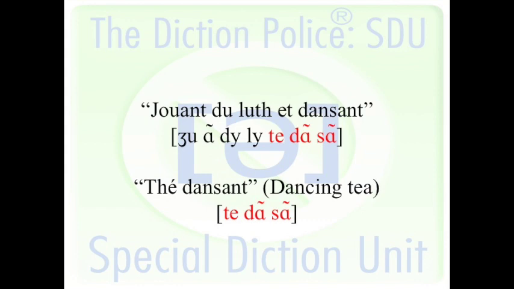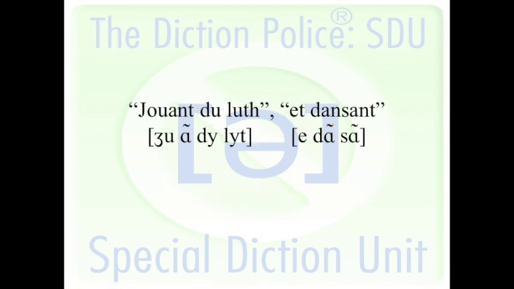So I think what's important here is to try and keep the legato going, obviously, but also maybe focus a little bit on word grouping. And so here we have, I think, two groups in the beginning of that verse. We have "jouant du luth" is one thing, and then "et dansant" is another thing. So we sort of want to separate the concepts of the words. Yes, and I think it's more something to think about than something to actually do. It's something to just have in your mind rather than actually be proactive about.